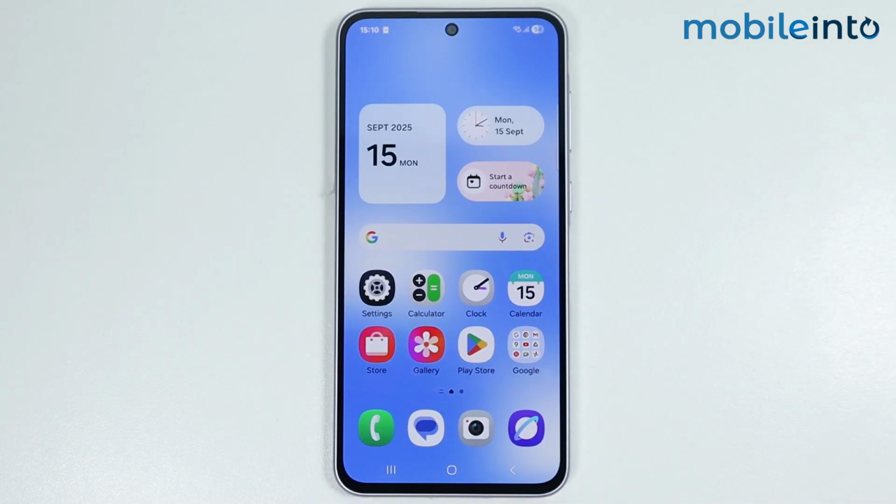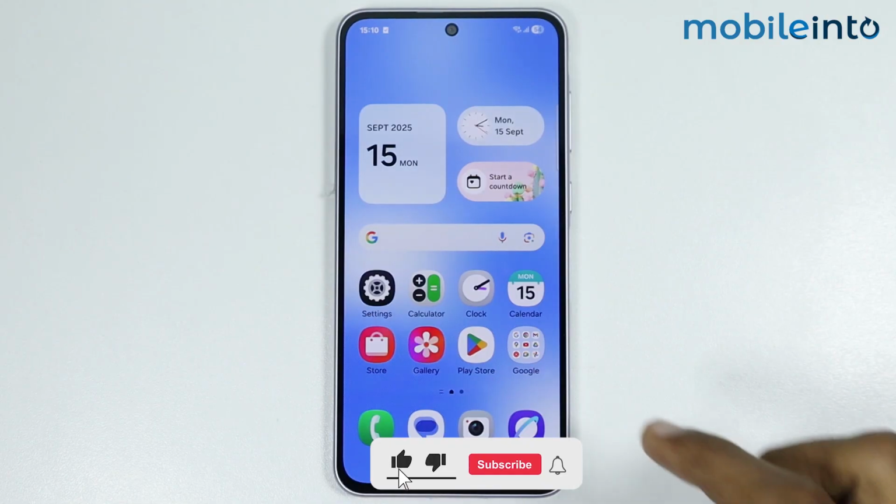Hey, what's up guys? So in this video, we will see how to disable forced auto update on any Samsung phone. Now, if you want to stop auto update for the apps on your smartphone, just open Google Play Store